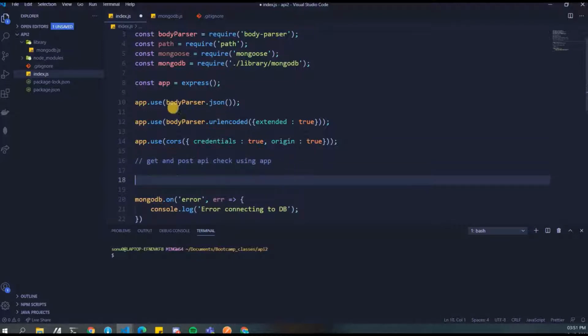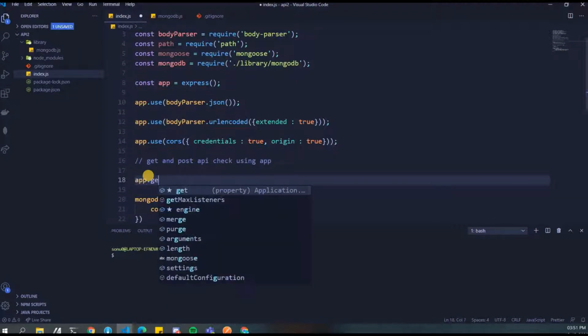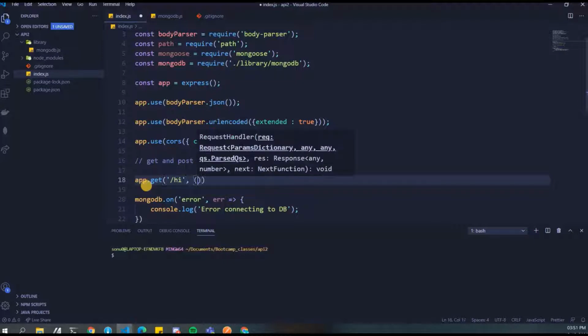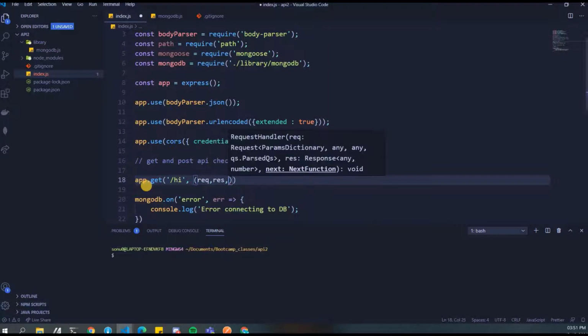As we all know, what we are referring to as app is this: app is equal to express. So we are referring to that. Then let's start writing our APIs like app.get, then we'll write slash hi, and then request, response, next.